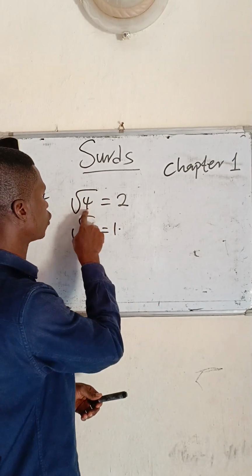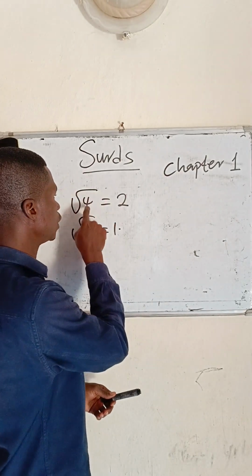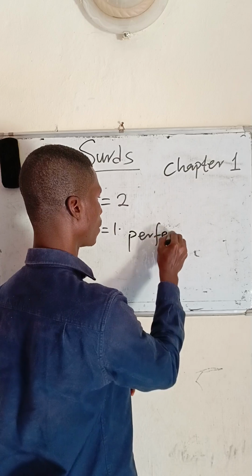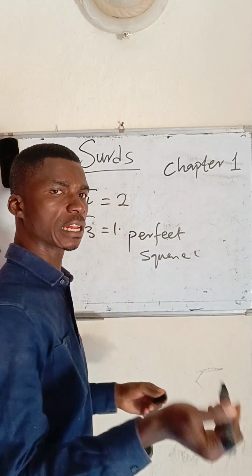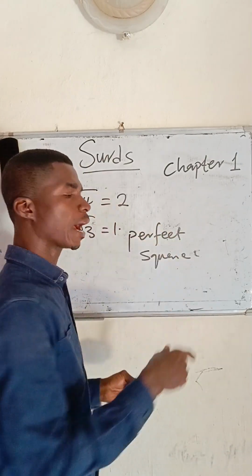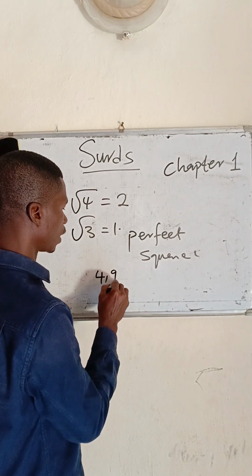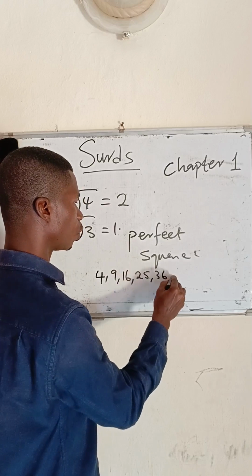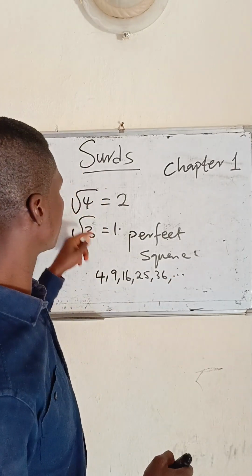Now, for this particular number that we have the exact number, where you don't have any point, we call this a perfect square. Those you look for the square root and you have a whole number are called perfect squares. So what are the perfect squares? 4, 9, 16, 25, 36, and so on. They are all called perfect squares because if you look for their square root, you also have a whole number